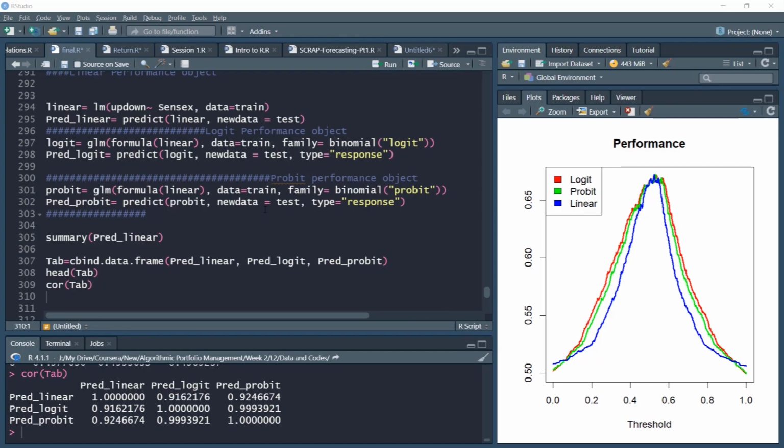In this video, we computed the predicted values for all the three classification algorithms using our trained object. We noted that in the predicted values using out of sample test data, which is out of sample fit, the correlation between all the three algorithms' predictions is pretty high.